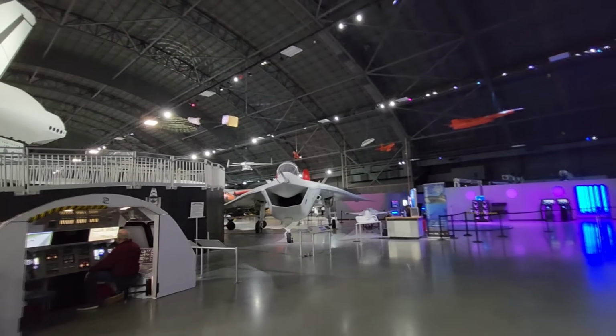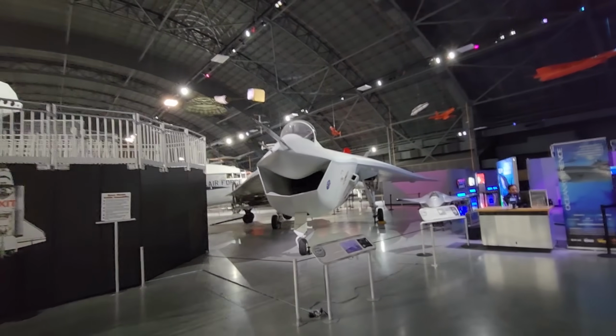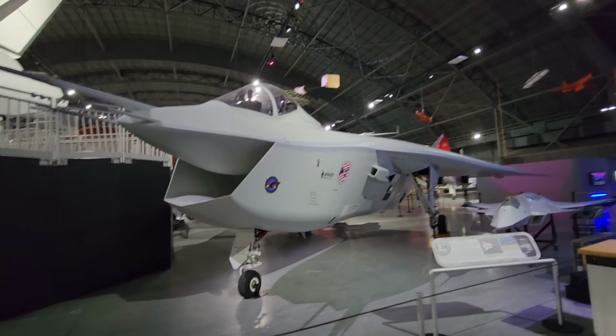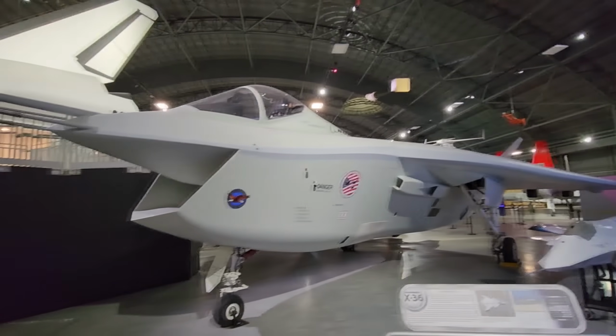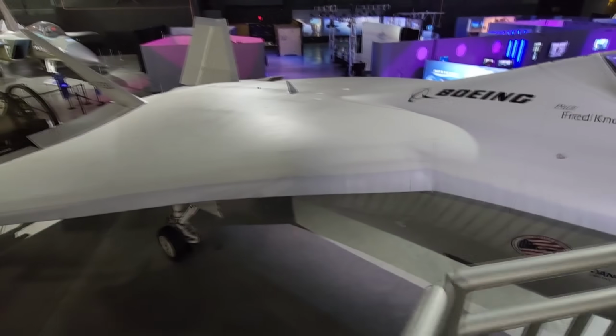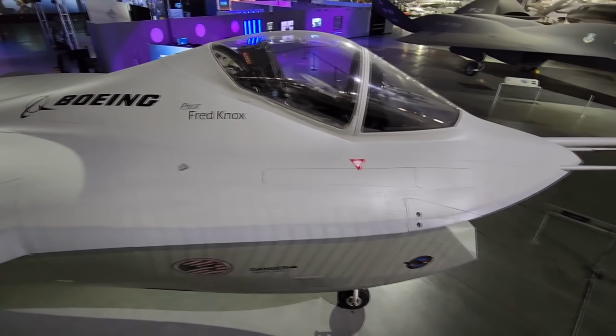Yes, I got jump scared by the X-32, Boeing's prototype for the JSF program, and the plane that got absolutely bodied by the F-35 in that competition. Now, apart from this thing's goofy-ass smile, it lost for a few reasons. One, they made two versions of it, one that could go supersonic and one that could VTOL. The VTOL version carried two engines, and its VTOL thrust was more similar to how the Harrier's vertical thrust works, which just wasn't as stable as the F-35's. Funny enough, the F-35 ended up splitting into 3 different versions anyway, but at least it looks cooler than this